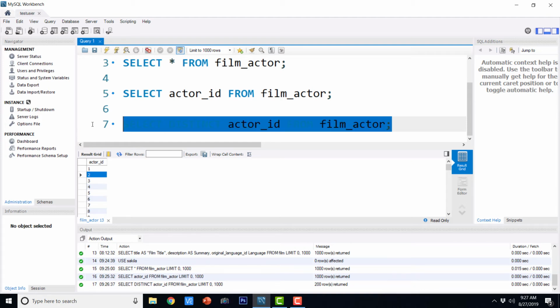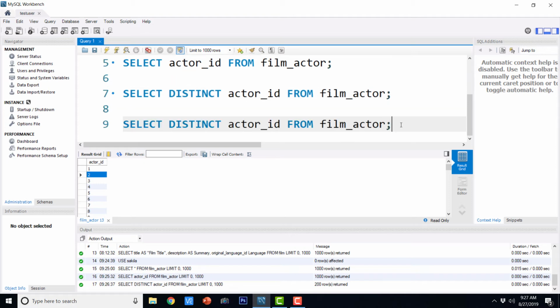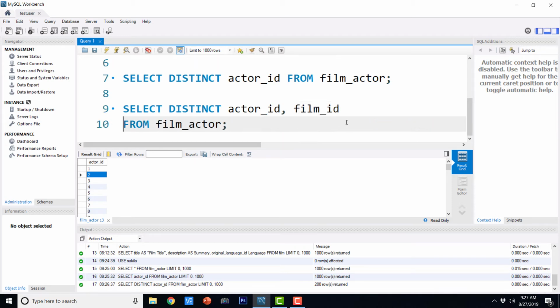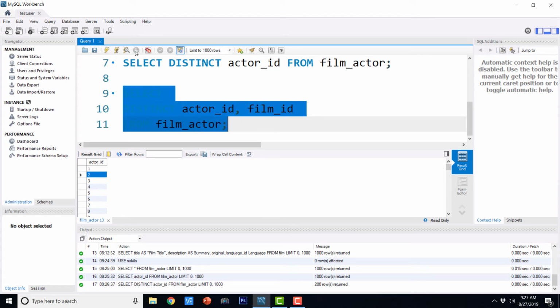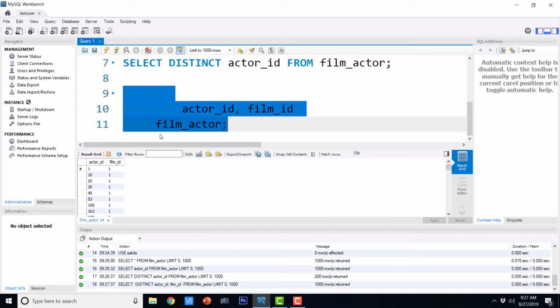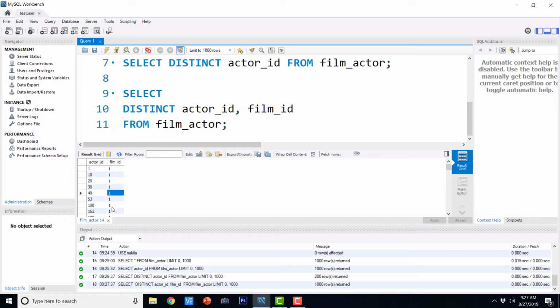Now similarly, we can even have the distinct for multiple columns, actor ID and film ID, and if I just go ahead and execute this, this is the actor ID and this is the film ID. So basically here we can see the repetitions, but the noticeable thing is that the combination of the actor ID and film ID will always be unique, or it will always be distinct.